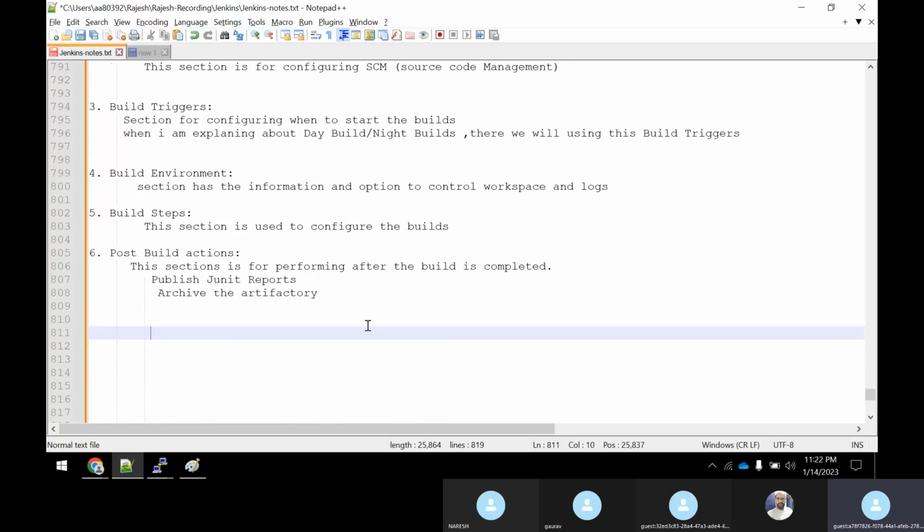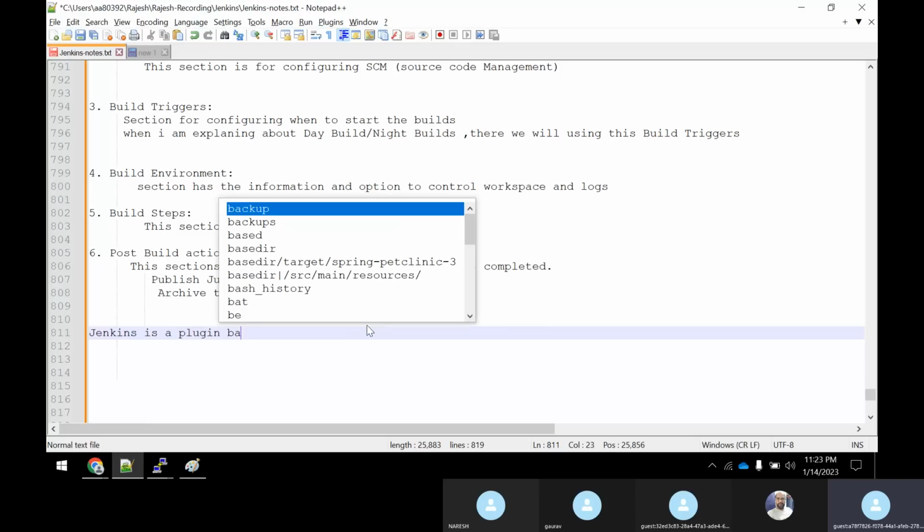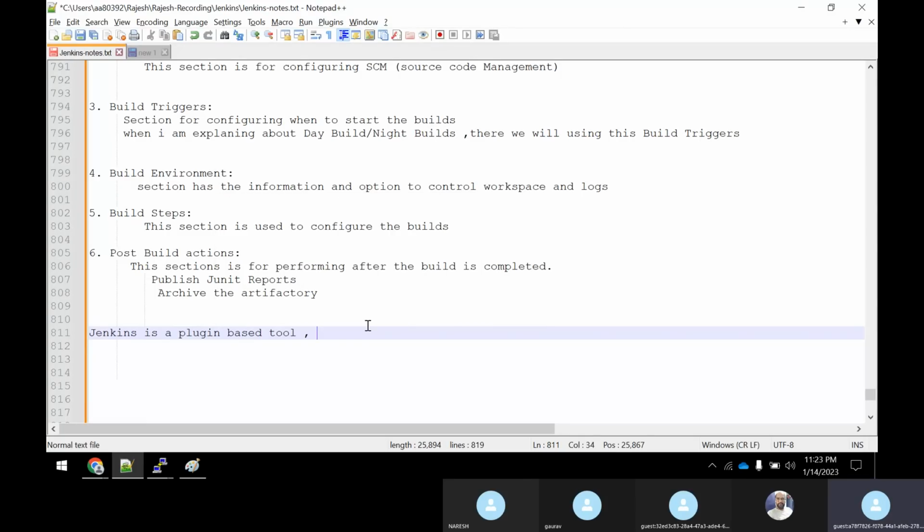Okay. So now, guys, Jenkins is a plugin based tool. It means that it always depends upon the plugins, a lot of plugins.